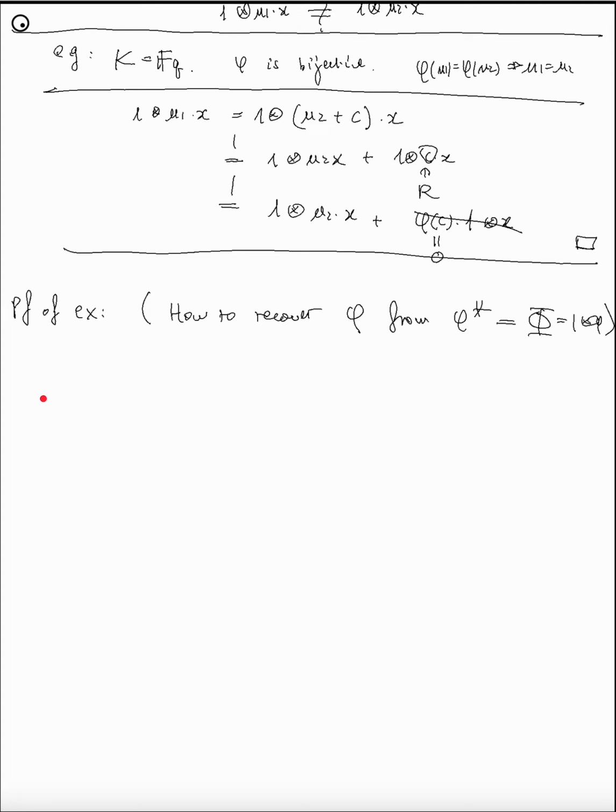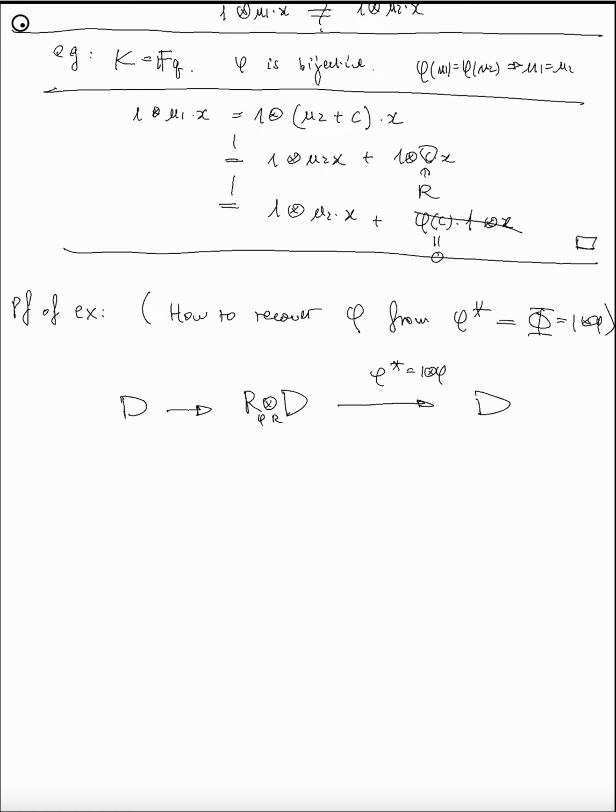So the way we recover is as follows. We want to construct them. So we already have this linearization to D, and now we want to construct a map from D to D, right? So what we do is